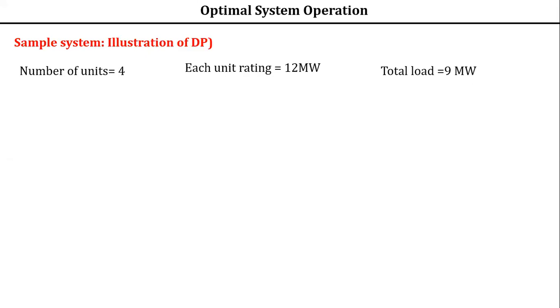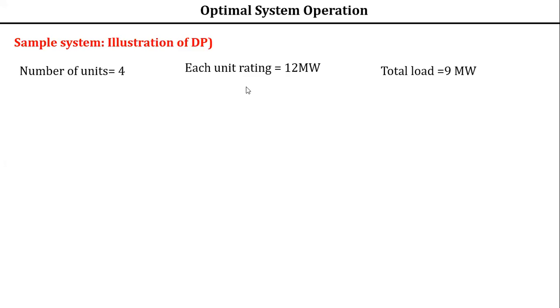Understood? Up to a maximum load of 48 megawatt it can meet. However, in this example, we are considering a particular load out of this 48 megawatt. We are taking only a 9 megawatt load. For example, if the load is only 9 megawatt and each unit is 12 megawatt,